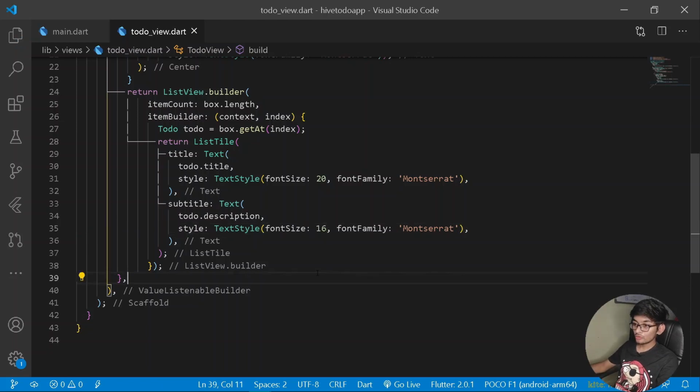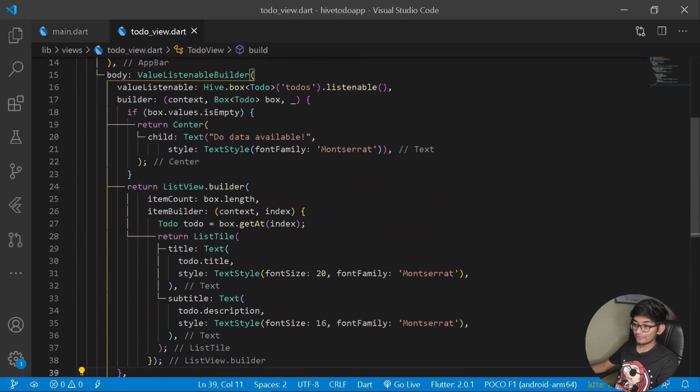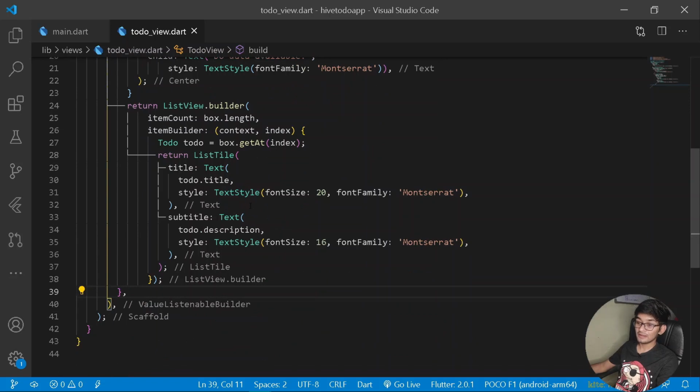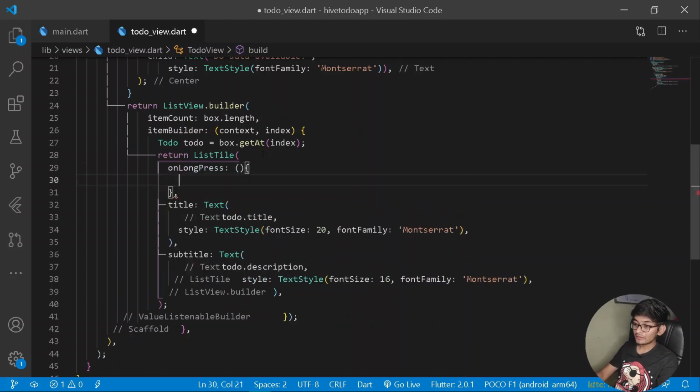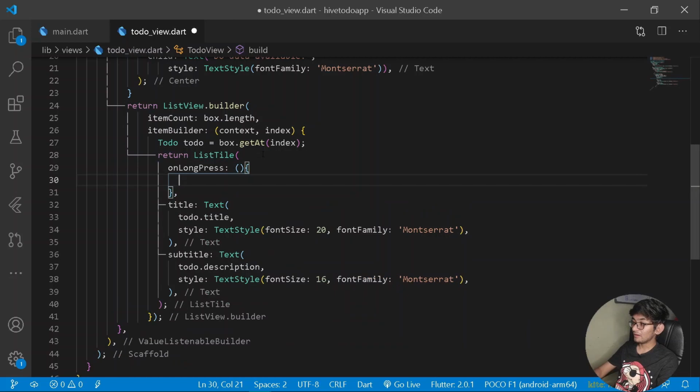Easy thing. So once we have created the following thing, let's also do one thing, add the functionality of deleting a following to do. So for doing that thing, a list style shall be giving us the property of long press. So on long pressing we can simply delete the particular item. So for deleting the particular item, first of all let's make the process to be asynchronous, and here I can simply say await box.delete, and I will delete the following data at the particular index on which the user has selected, that is pressed.